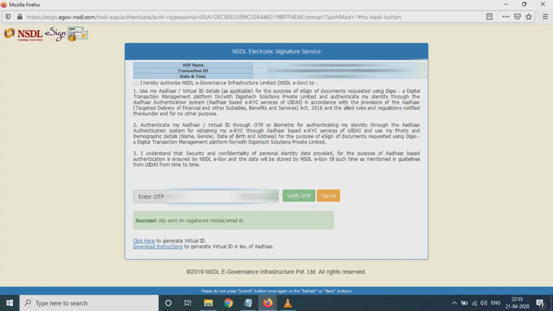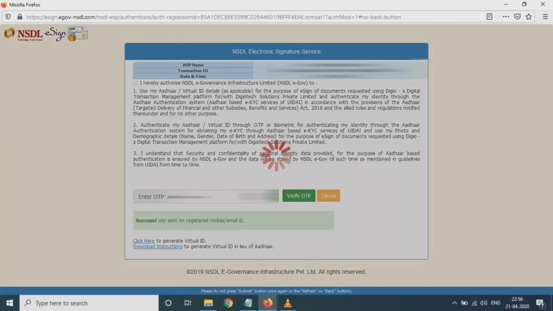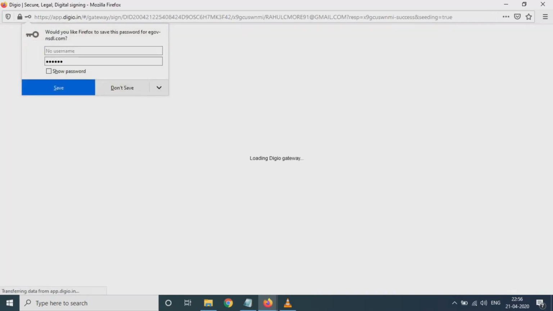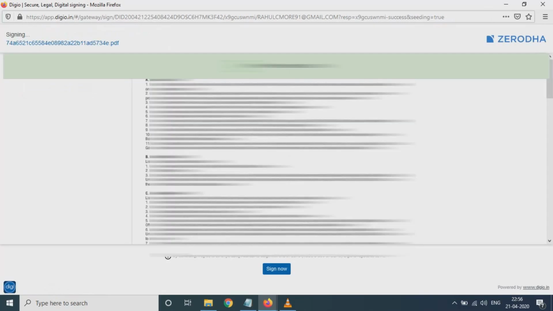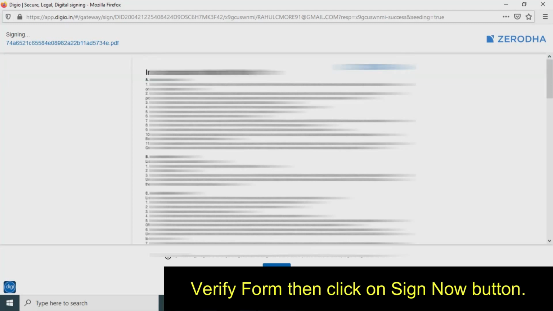You just have to enter the OTP here and click on verify OTP. Once you click on verify OTP, you will get this screen. Here you can see your profile.